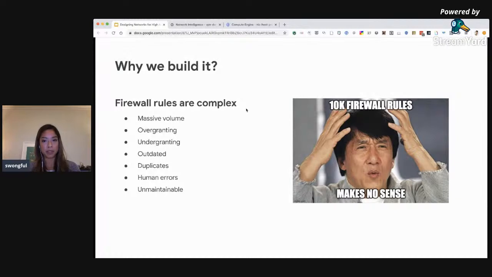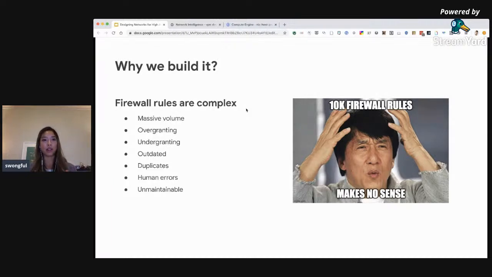And the whole reason why we built this is that it can get very complex. If you had thousands of firewall rules and you had them all in your console, it's really difficult to understand what's being used, what's actually being hit, what firewall rules are shadowing other firewall rules. As you can imagine, a massive volume of firewall rules is difficult to understand. You might have over-granting or very broad firewall rules, and that means it's a security risk, right?